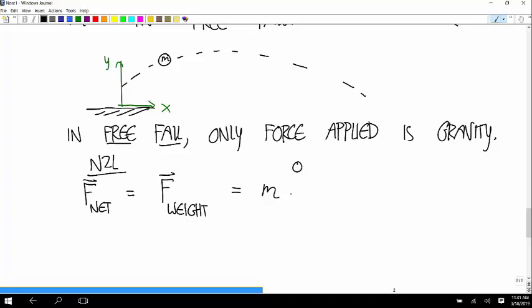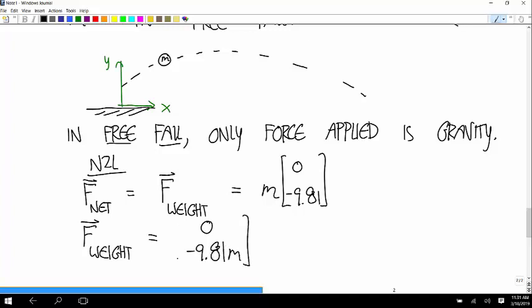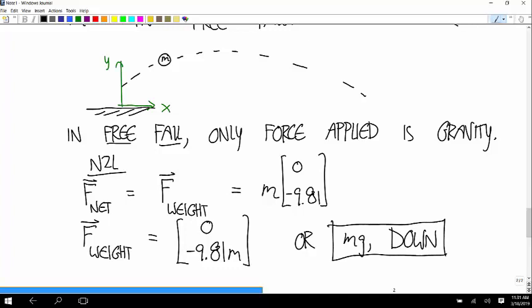And so if our coordinate system is like this, then the components are 0, negative 9.81. And so the weight force is equal to 0, negative 9.81 m. Or in other words, mg down. Okay, so this is true all the time. The one with the components is only true for our chosen coordinate system, but this is true no matter what